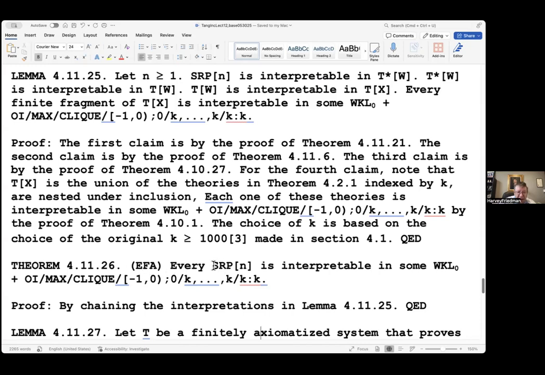We want to prove that every SRPN is interpretable. Well, this is not quite what we want to prove, but this is the next step. Every fragment of SRP is interpretable in this statement with some fixed dimension. Every SRPN is interpretable